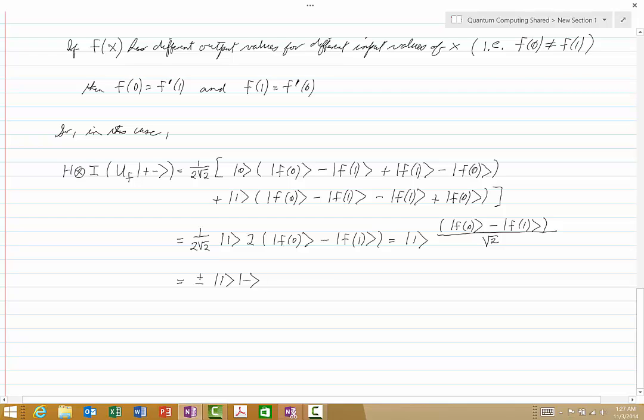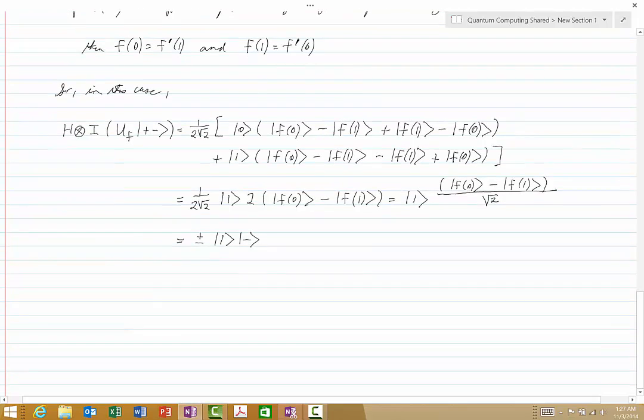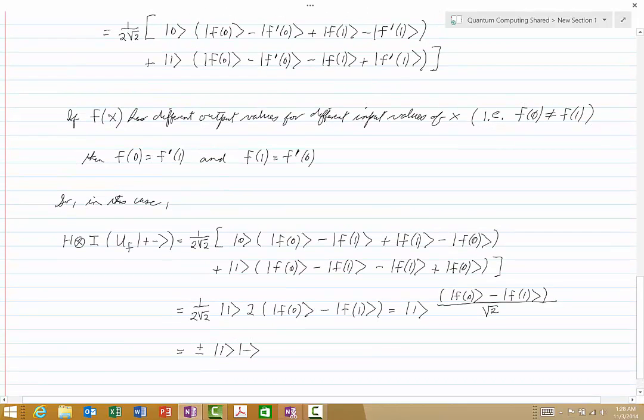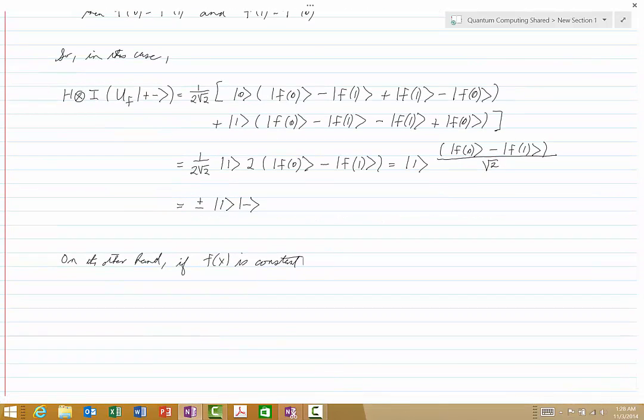So this is what we get in the case where f of 0 is not equal to f of 1. And now let's look at the other case. So let's say, on the other hand, if f of x is constant, i.e. f of 0 equals f of 1,